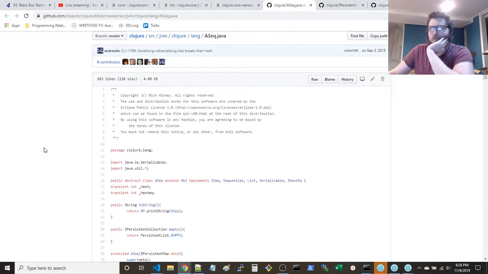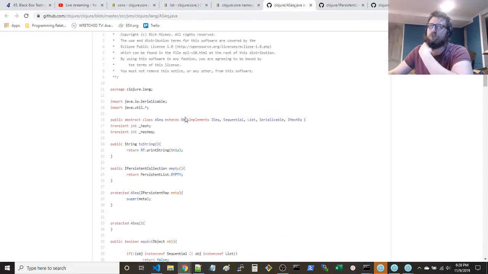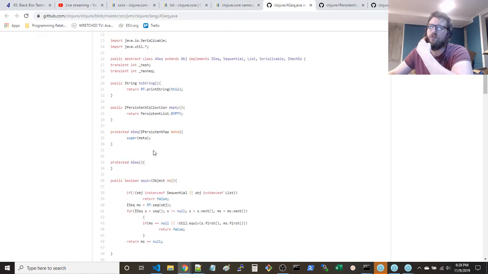A sequence. List serializable, hash EQ. String to string. Collection empty. A sequence. Persistent map meta.